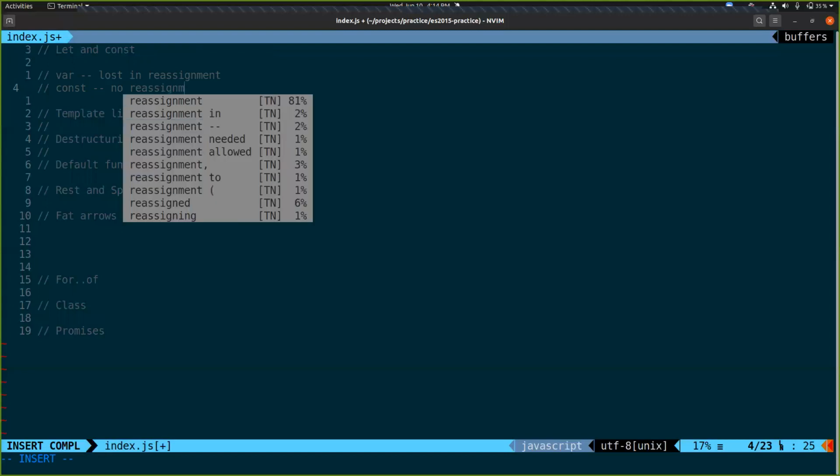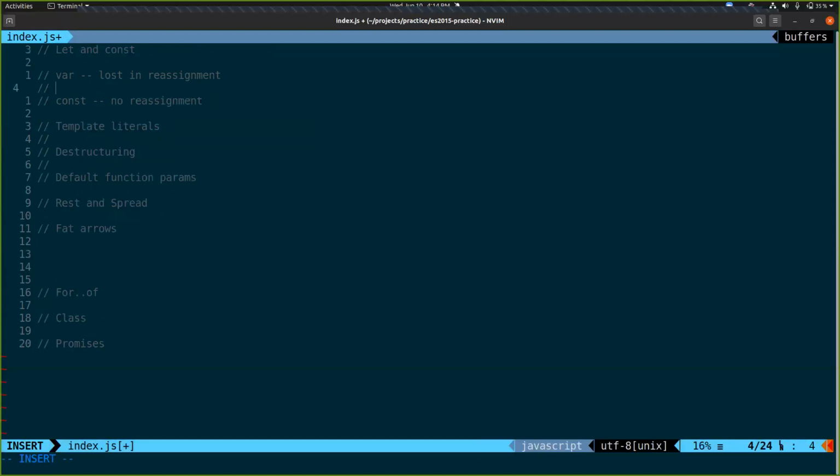No reassignment. Well, wait a minute then. What is let even? Because if we can reassign that one, doesn't that one get lost in reassignment also? You cannot declare the same variable name, but you can change what the variable contains. Correct. But that's reassignment. That's the same thing we had in var. With var, you could redeclare the same variable, I believe. Not in strict mode. Okay, cool.